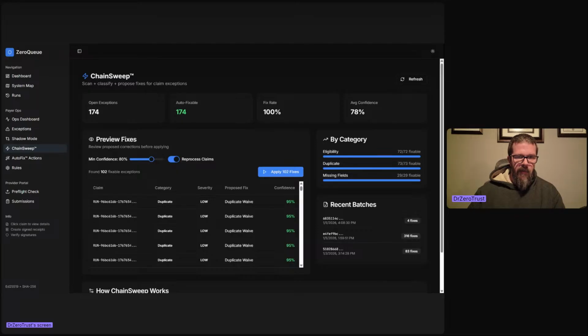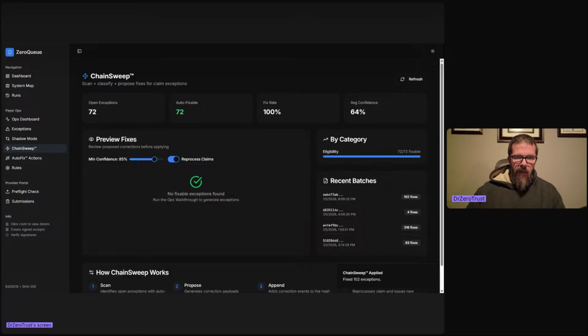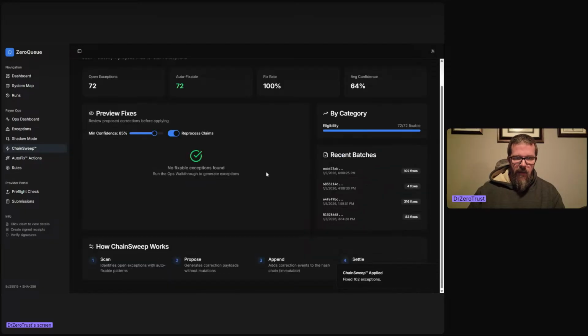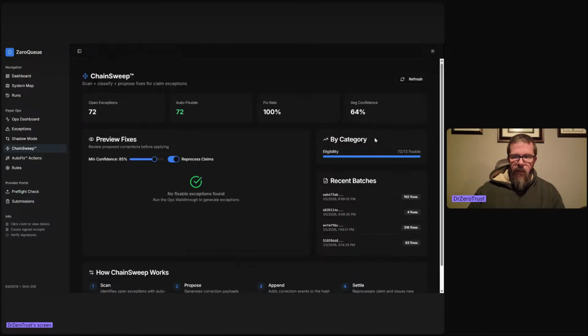Like what is acceptable to your organization? I don't know. I want 85% correct stuff. So all I have to do is apply this. And basically this is now doing its machine learning thing. You notice that it says it's fixed all the things that were available to be fixed. And it tells you what the batches were and everything that it did fix. And you're able to go off and basically roll through and all your claims are processed.